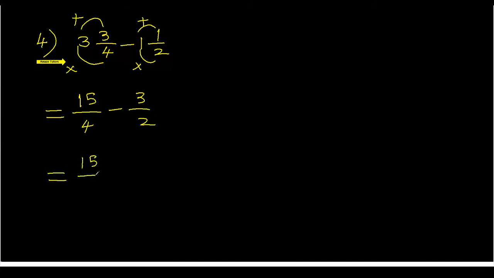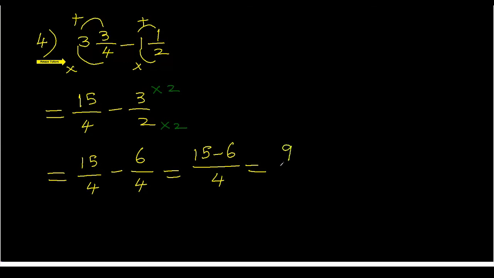No. So, I need to find the equivalent fraction of the second fraction by doing some operation. Here again, it can be multiplication by 2, so that I get 2 3s are 6 and 2 2s are 4. Now the denominators are the same. Simply take away the top numbers. 15 take away 6 will give you 9. 9 over 4. This is again an improper fraction. Convert this to a mixed number.